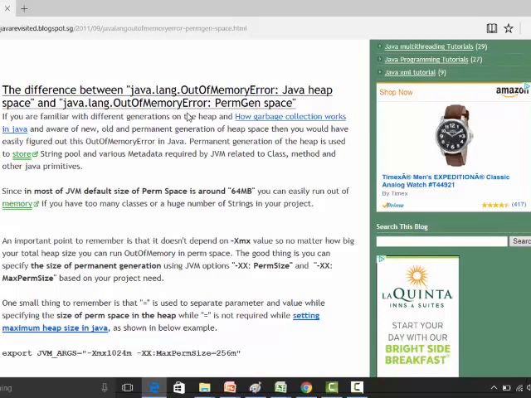Since in most JVMs the default size of perm_gen is around 64 MB, you can easily run out of memory. Is there any way to increase that size?